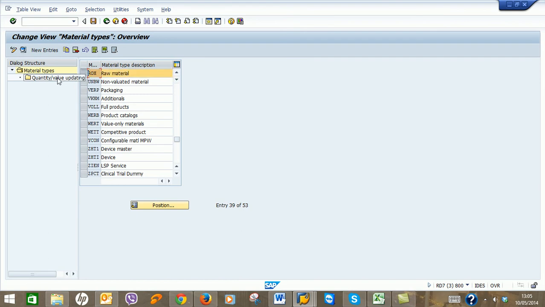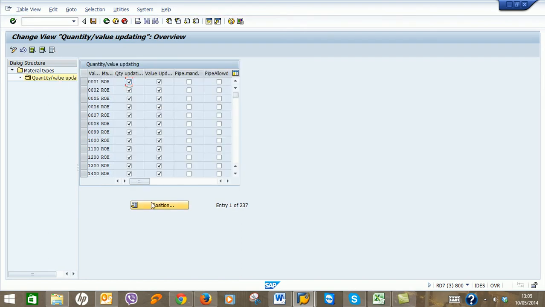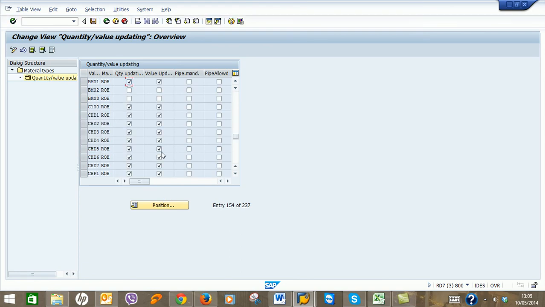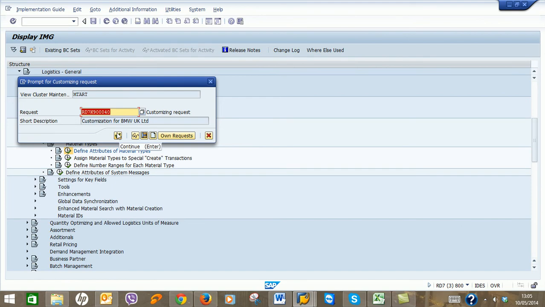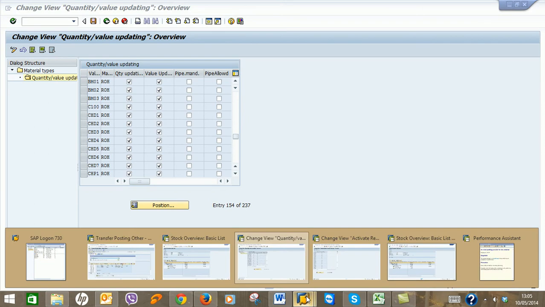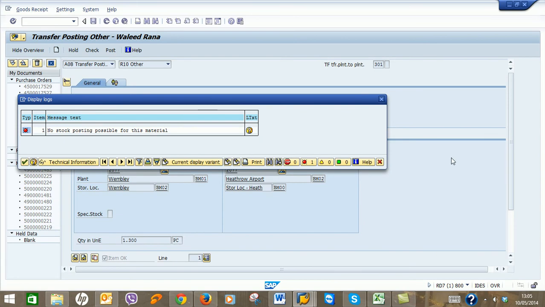Select this and click on quantity or value updating, and your valuation class is BM01, and you have to tick BM02, quantity updating and value updating. You see this entry is missing as well. Yeah. So you have to save now. So you see one process and how many customizations. If there is anything missing, the system will notify you, but you must know what exactly you need to do. After that, try again, check,